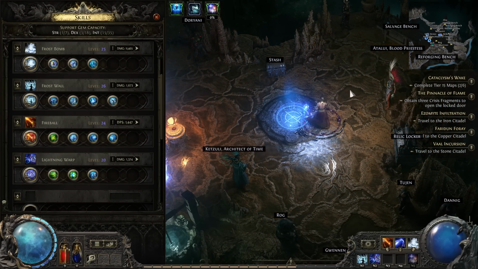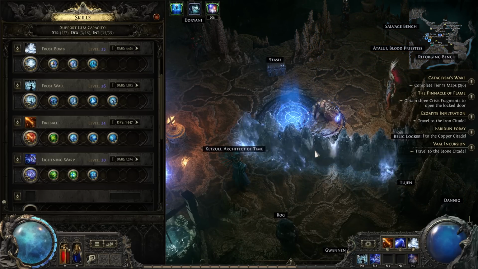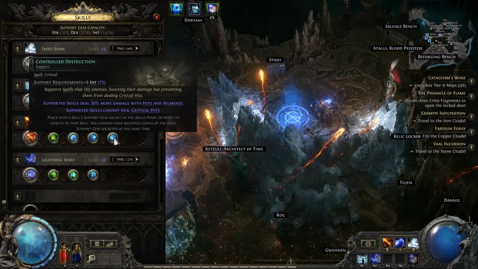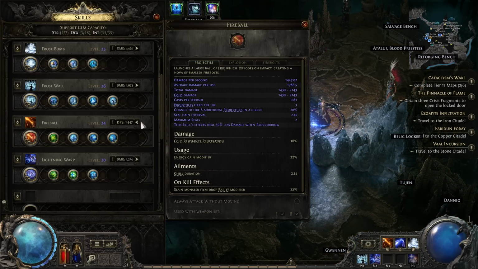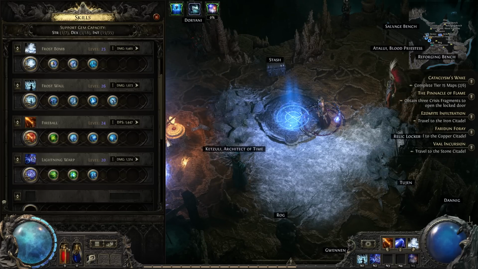Unleash, so that you shoot multiple fireballs from one cast. This is because you are not chain casting Fireball. You are instead going Frostwall, Fireball, and Controlled Destruction for more damage. I found this to be very reliable, and at 7% base crit, my Fireball wasn't critting anyway, so it's not